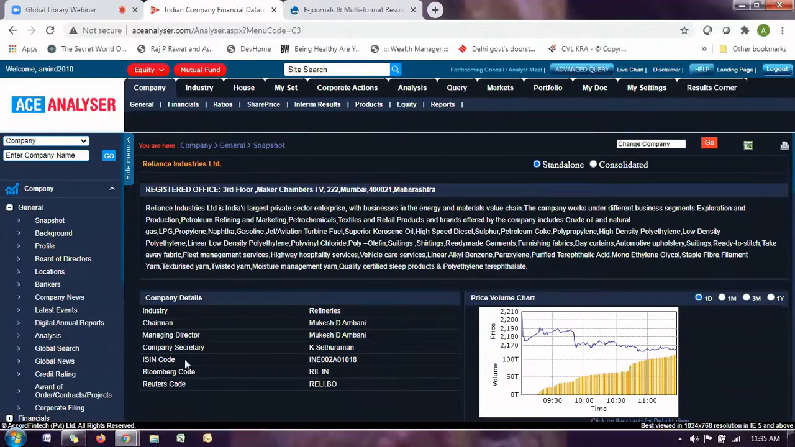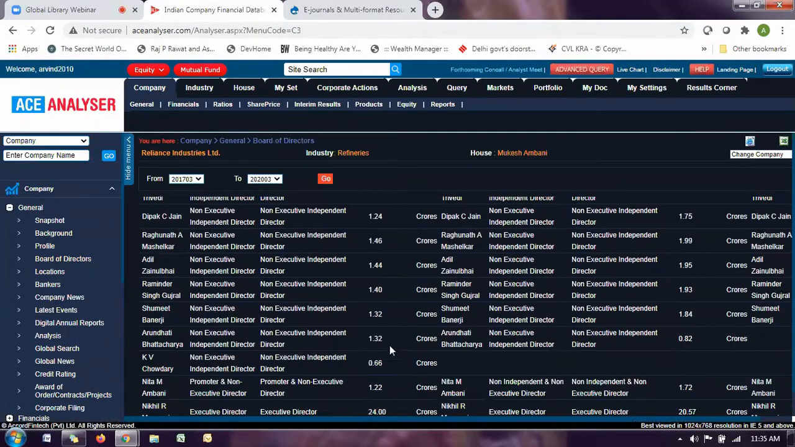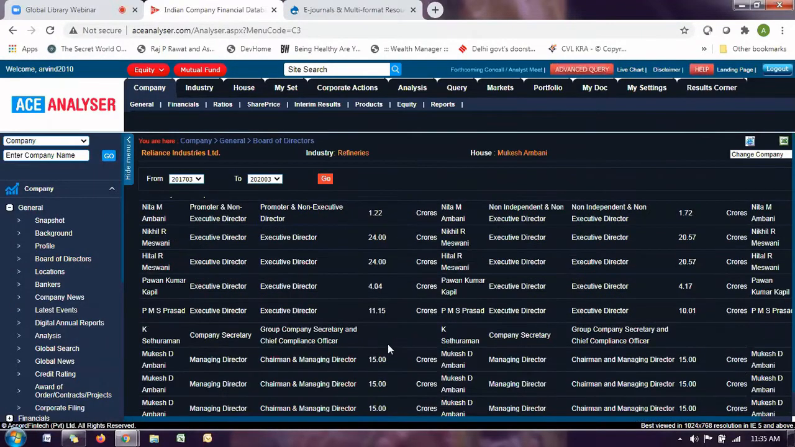Whenever you have to analyze the company at a glance, this is the best place to go. So now further we have the background, which is the first screen I showed to you. Then we have profile, which will be a brief write-up on the company. Board of directors and their remuneration details will be shown here. So you can get those details here. Then